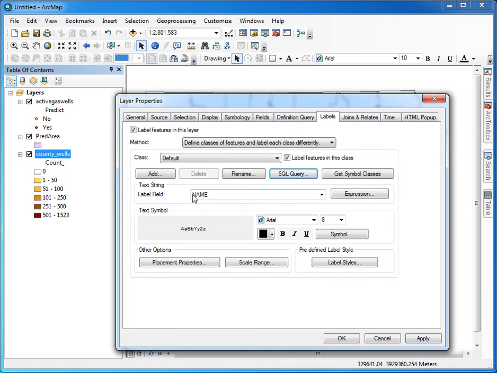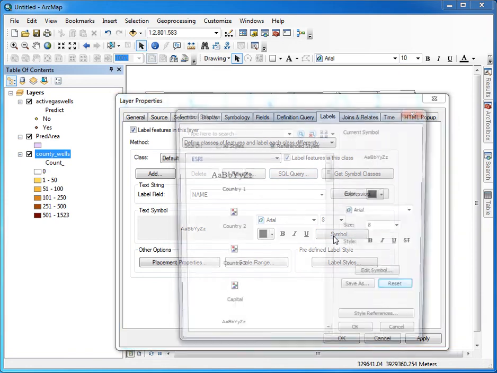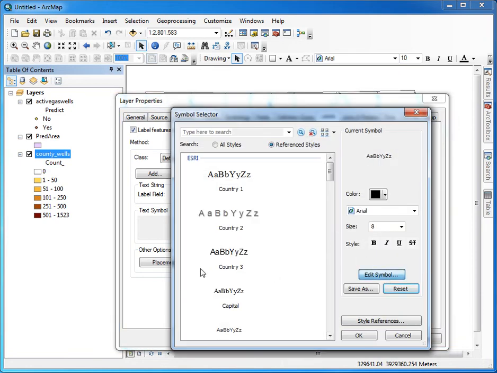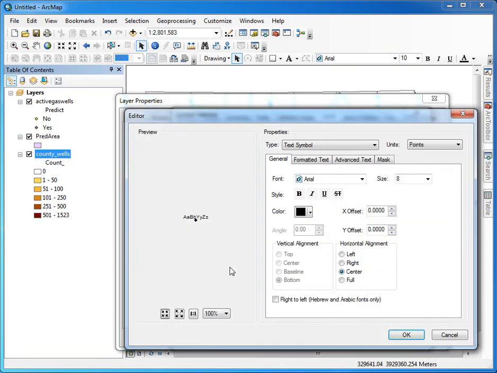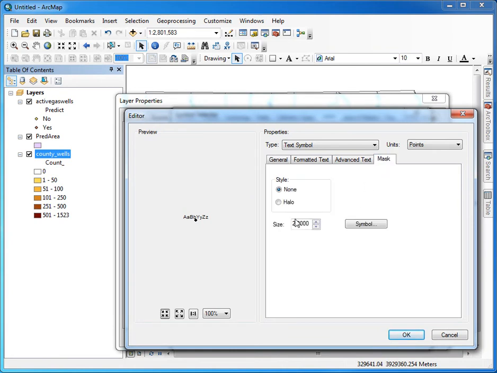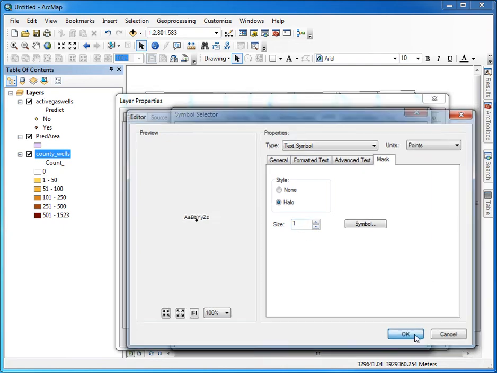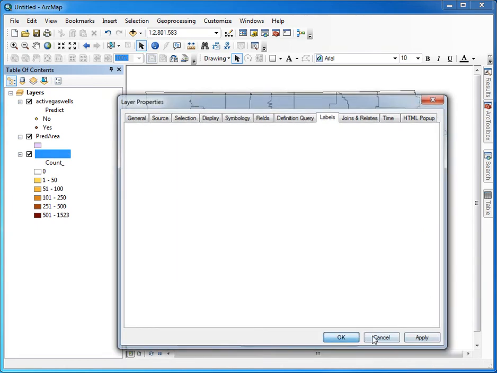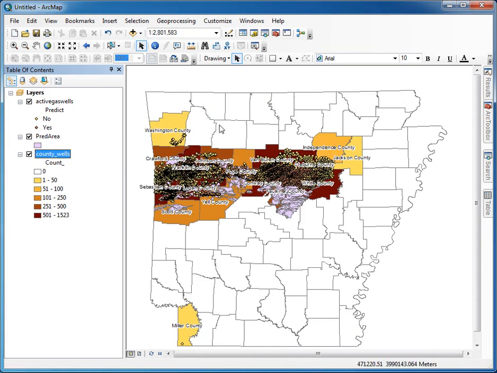So we're going to label the county name, and we're going to add the halo. So I'm going to adjust the symbol a little bit. Have to go in there pretty deep, pick edit symbol again, and the halo is a mask. So I turn on halo, and I think I'm asking for a 1-point halo mask. So pick OK all the way back out. And now we've applied the